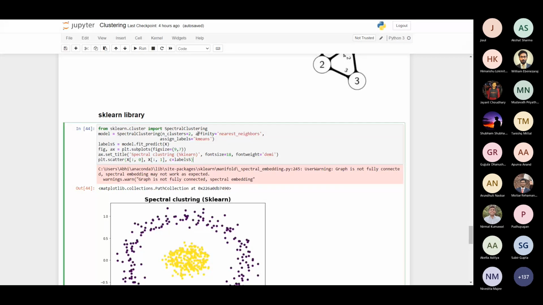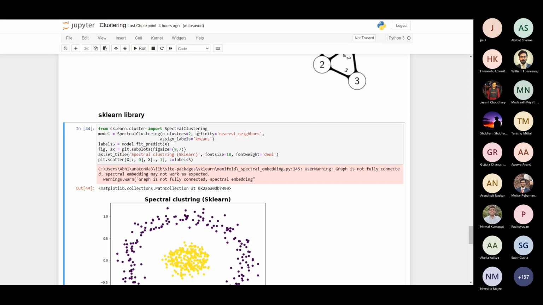Sir, can you explain how eigenvalues of the Laplacian matrix help to cluster it? What? Sorry, can you repeat your question? The role of eigenvalues in clustering. I'm not able to hear you clearly, sir. Hello, sir, I'm audible.